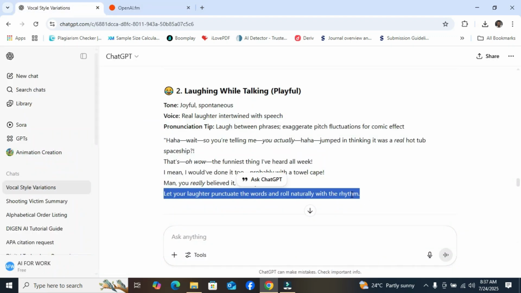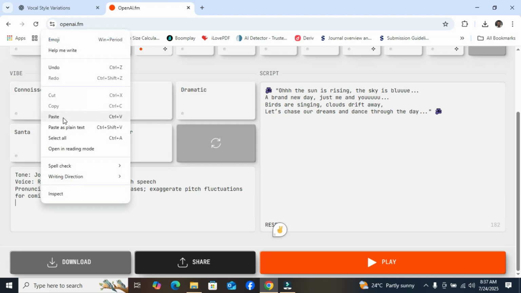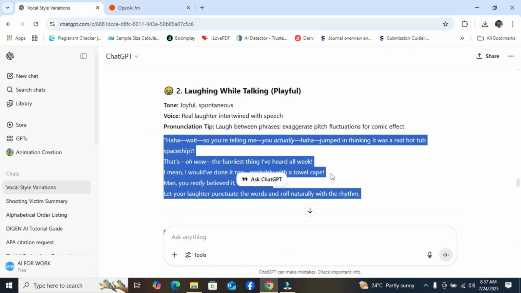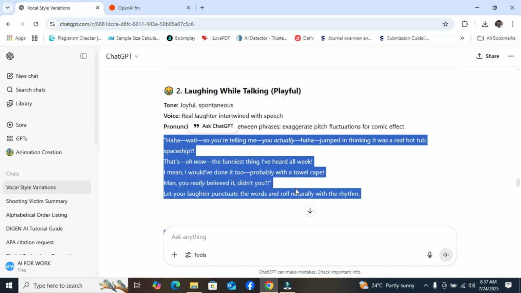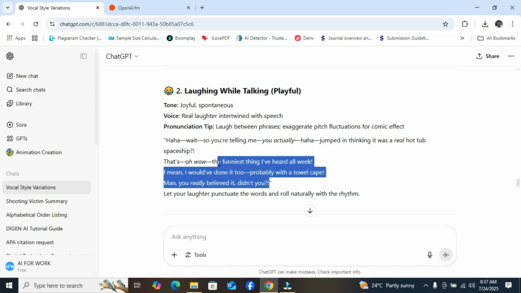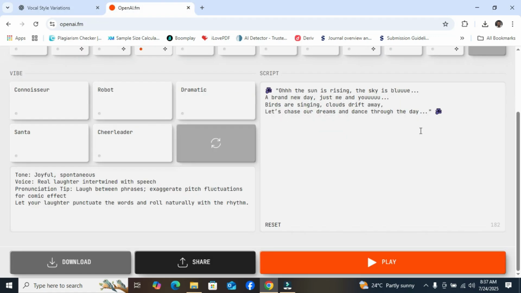Let your laughter punctuate the words and roll naturally with the rhymes. Okay. Then let's look at the script. The script we use. We delete this one.